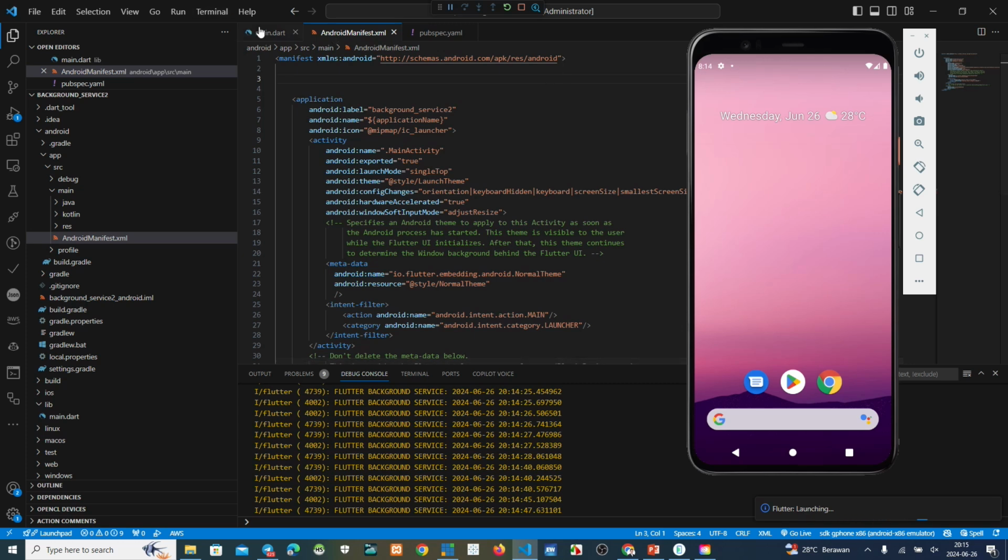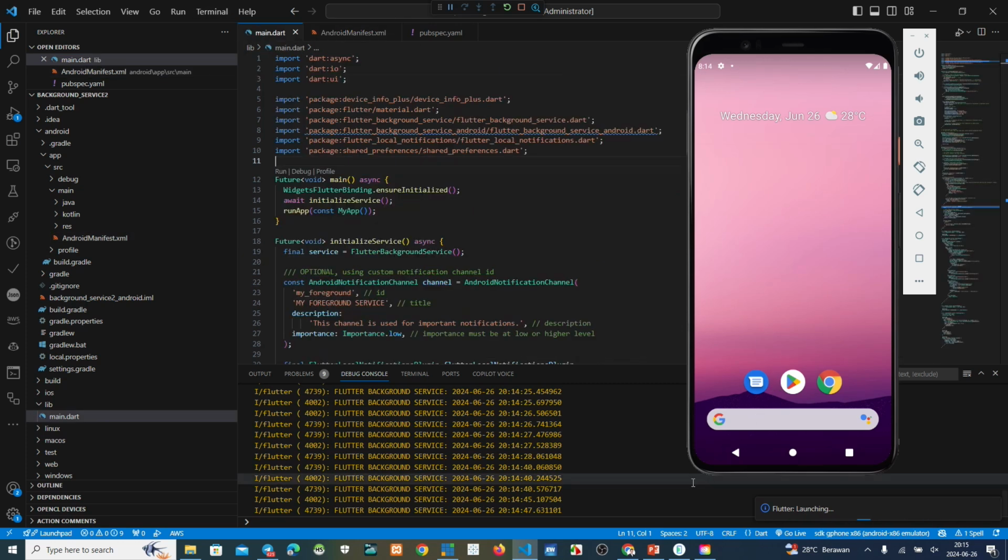Oh, this one is too slow, yeah. Because while we develop this project using Flutter, we must also record, so the CPU maybe has to work more, because we must handle this Flutter process and also the recording process.